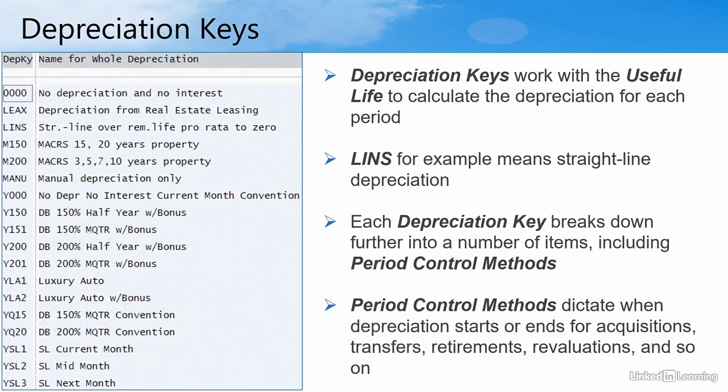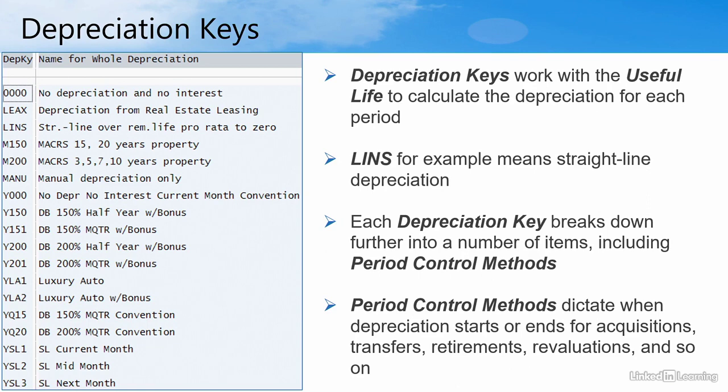The slide shows some examples of depreciation keys in S/4HANA. Depreciation keys work with the useful life to calculate the depreciation for each period. LINS, for example, means straight line depreciation. So if you used it with a useful life of 5 years, it would mean that exactly 1/5 of the value of the asset will be charged to the P&L as depreciation each year. This can be spread evenly throughout the year by calendar month or period, or every quarter or half year depending